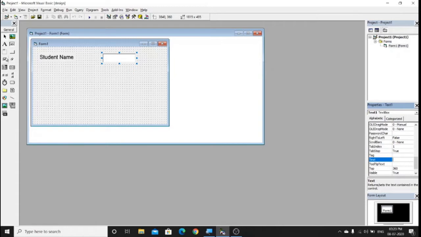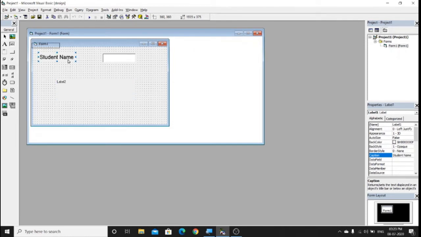I want to display a label over here. I'll click on label again. Now this one was Label 1, and this I'll draw as a big label to display a message. So this becomes Label 2. Can you see the name of this label? When I click, I've changed the caption.